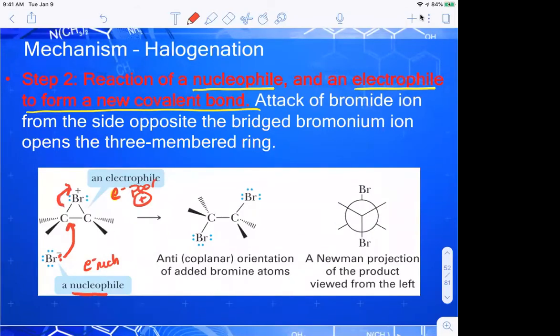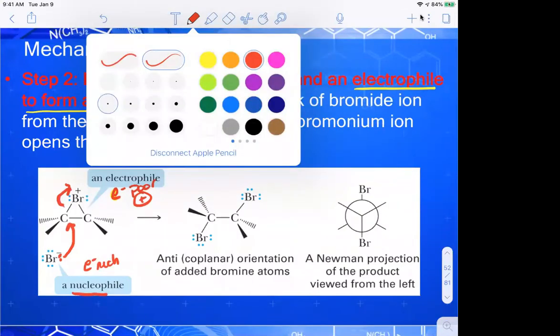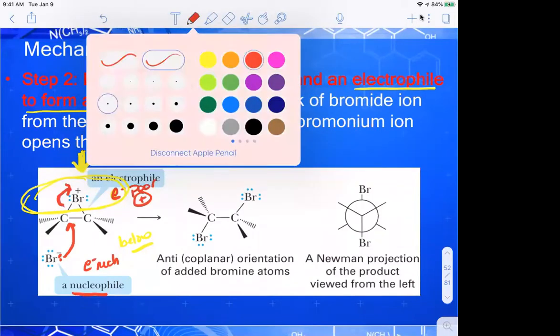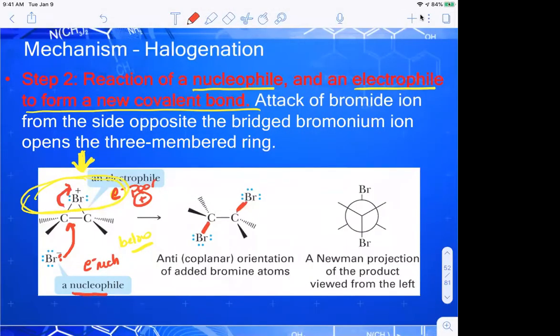The top face of this cycle, this whole top face, is not accessible. My bromine can't come on the same side as the bromine that's there. It has to come in from the opposite face. So it has to come in from below, right? So what that gives me then is this